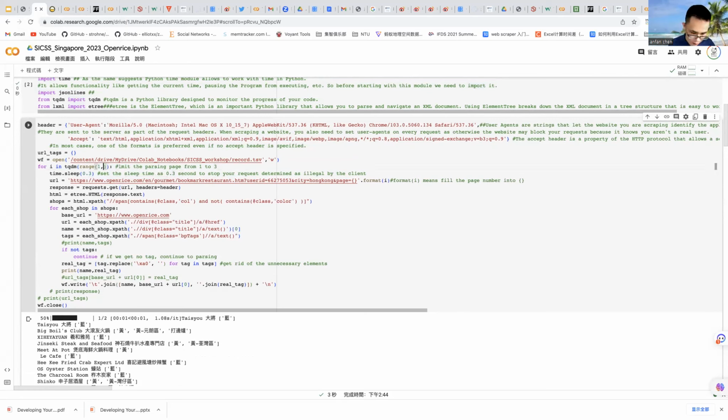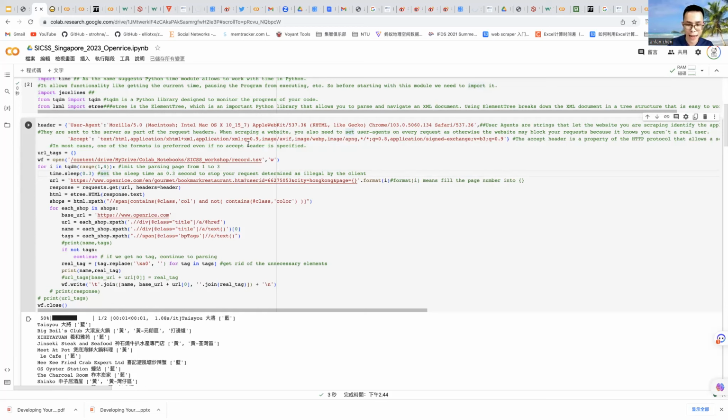I can even set it to 400 and you get more results, but it will take much longer. So I just set 3. You can set 4. And the time sleep means you should set the sleep time as 0.3 seconds to stop your request from being determined as an illegal request by the client. That is why I set the time sleep.